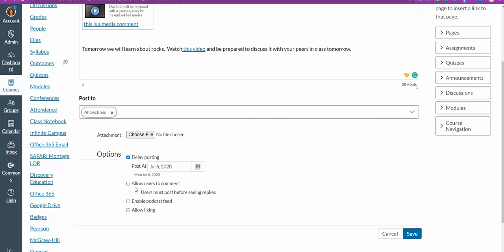I can allow them to comment and I can allow them to post before seeing replies. Usually on announcements, I would never allow them to comment. I'm giving them information. I don't want them giving any information back to me on my announcement. I never allow my students to like, although you can, and I can enable a podcast feed. Once I press save,